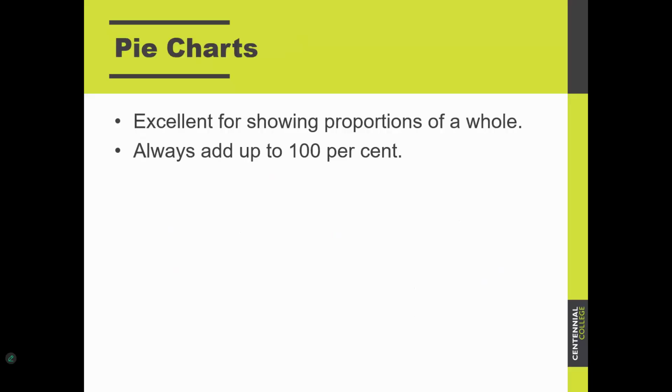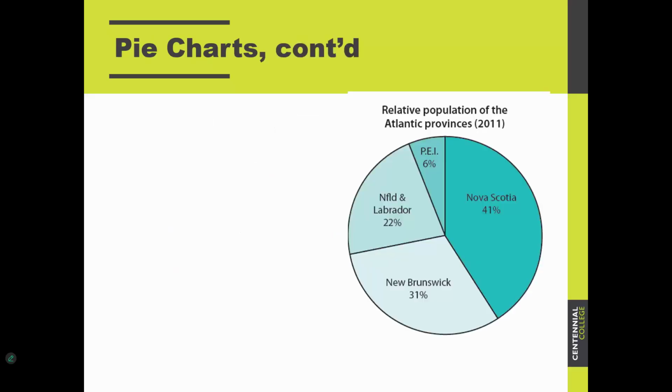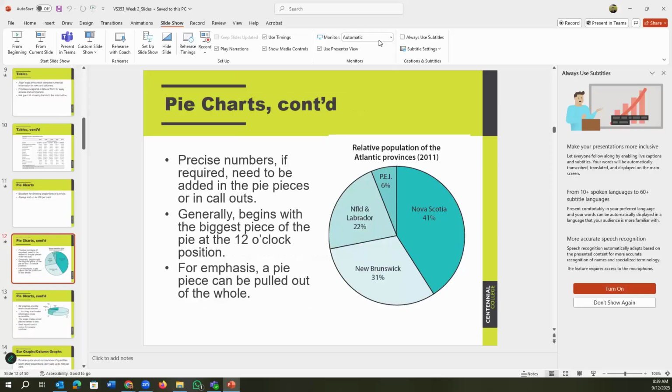Now, let's say you want to create a pie chart. Always make sure that all the numbers in the pie chart that you're depicting, they should all add up to 100 because you're showing something that has 100%. Number one. Number two, you probably want to start with